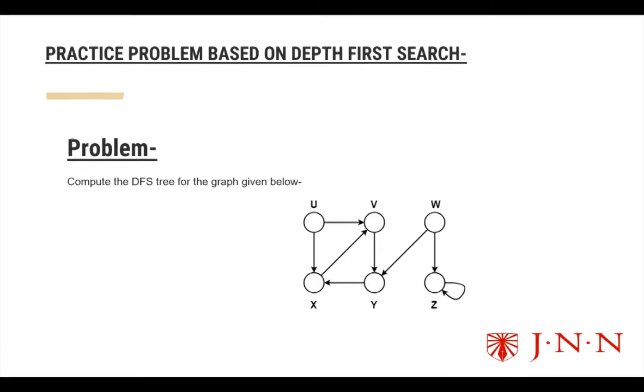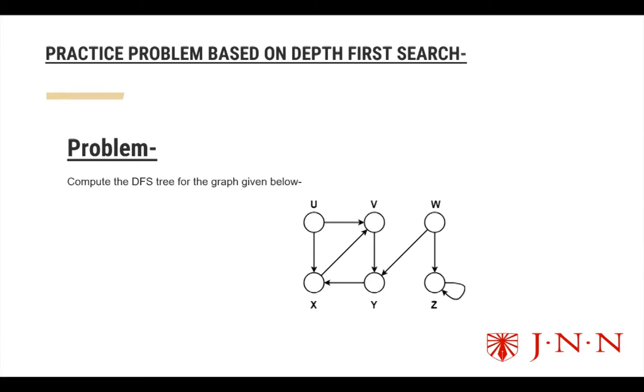Immediately V contains a destination node, that is Y, and Y contains the destination node X, and X also contains a destination node V. So that edge from X to V is called a back edge. And now you can see that